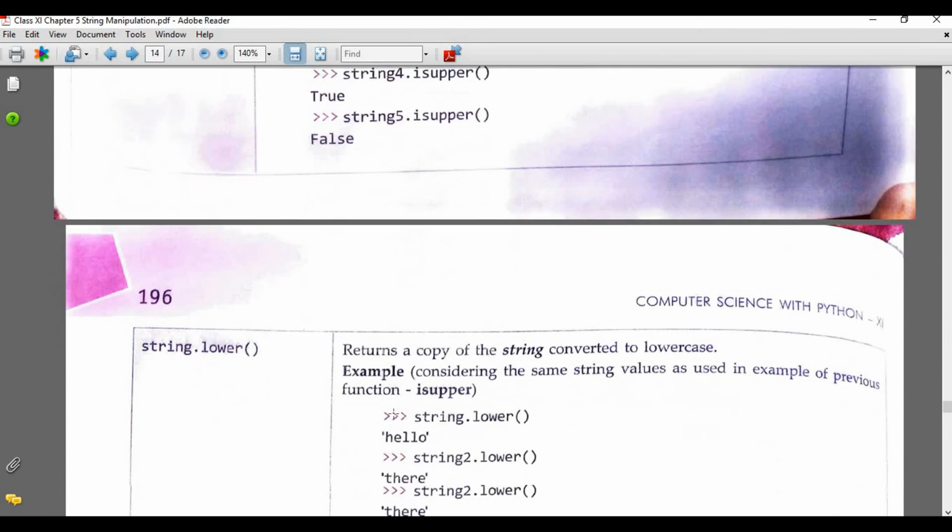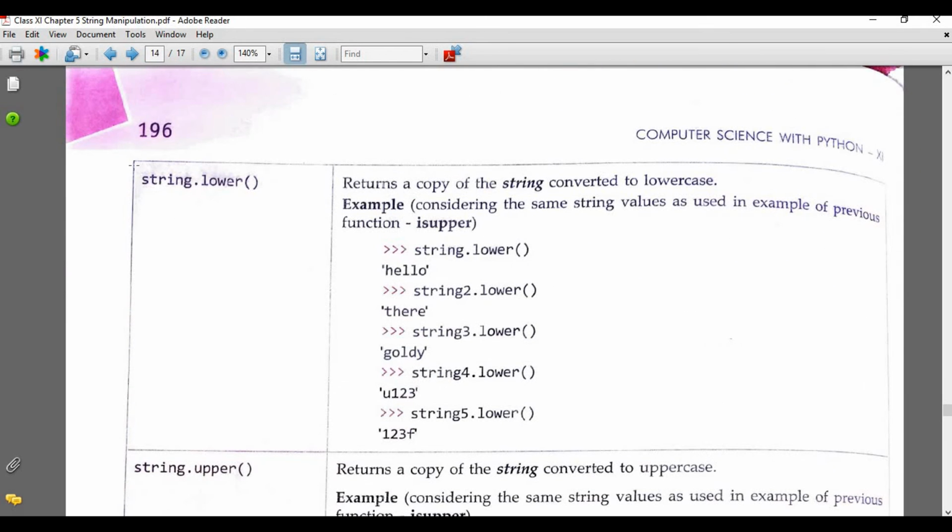Then string dot lower: here isupper or islower is not written; instead, lower is written. That means it will convert your string to lowercase. If your string is written in uppercase, convert it into lowercase with the help of the lower function.